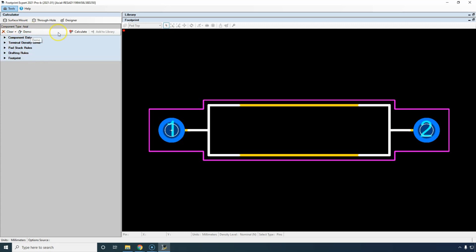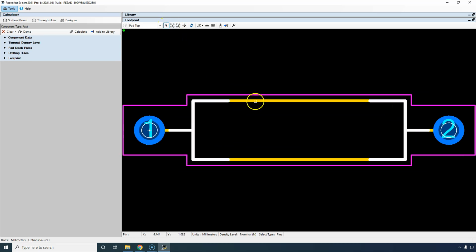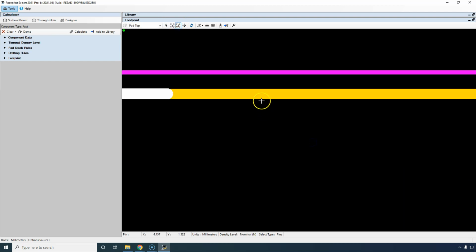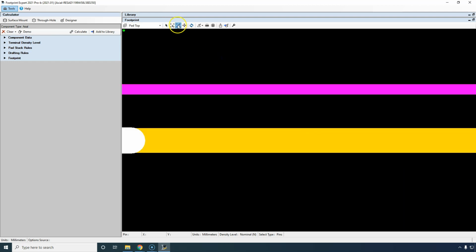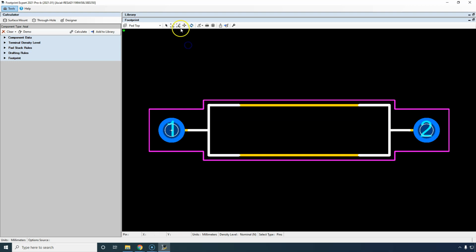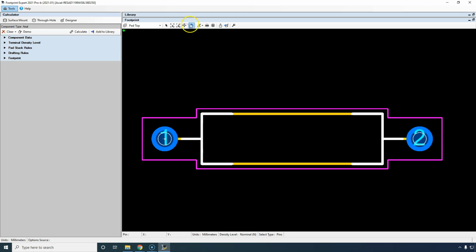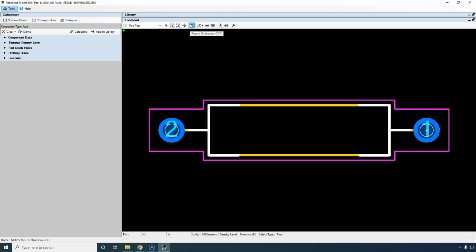All right, so let's calculate, see how that dot turns green, and then what else do we have here? We have some options. You can do your zoom extents. Let's say I want to zoom only up to here or something. Okay, that doesn't quite work like I was expecting. Zoom area maybe? There we go. Good. And then zoom extents. There we go. Good. You can pan, you know, rotate,